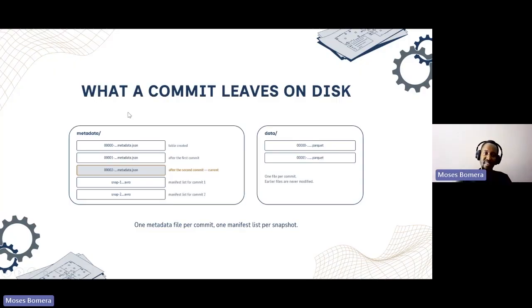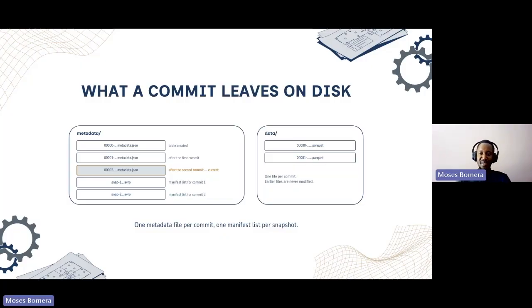So let's think of this box with the metadata as the manifest. It records whatever happens in the table, and it's stored separately from the data itself. So the data is never touched, as it's immutable. You write it, it stays that way. It's the metadata that is updated to show the latest state of the data. So with each write, a new metadata file is written, and it will describe the now current state of the data.